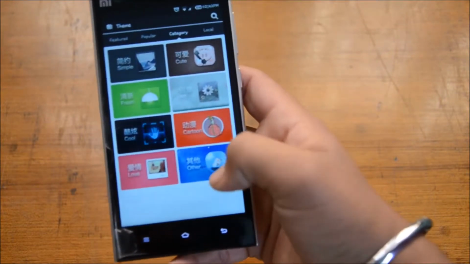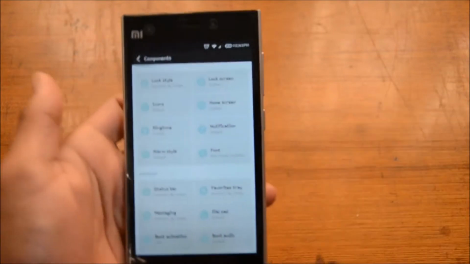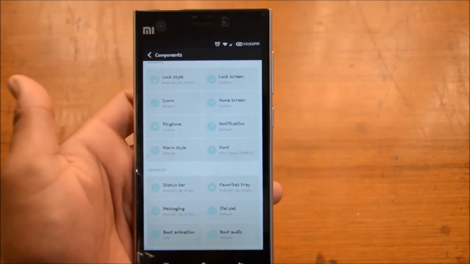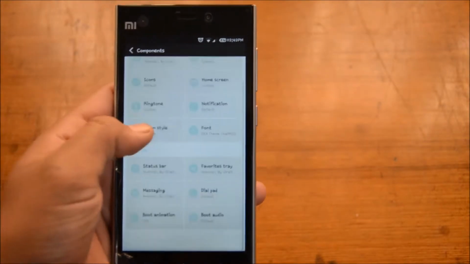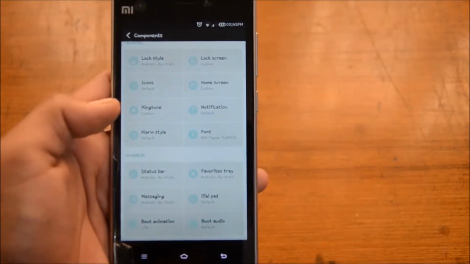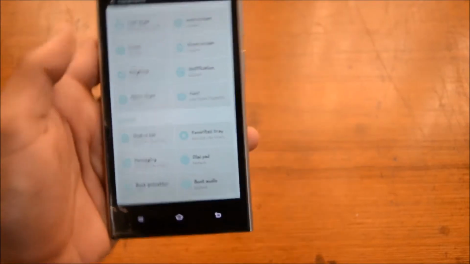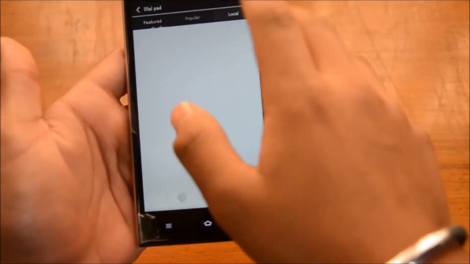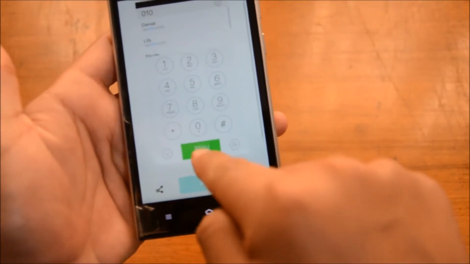Another thing, if we go into the components, we can customize everything you can imagine in MIUI. We can customize the lock style, lock screen, icons, the home screen, the ringtone, the notification, the alarm style, even the boot animation, the boot audio, and the dial pad. Let me just customize the dial pad and show you. The default dial pad is this. We can choose the iOS style dial pad, that is this. I'll just apply the iOS style